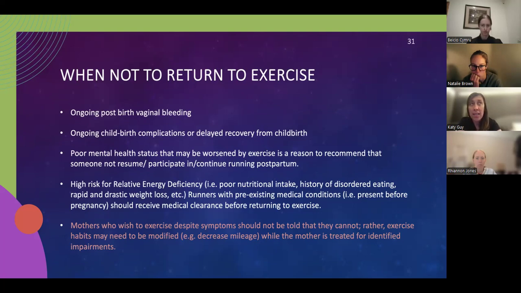Things like prolapse, urinary incontinence, the rectus diastasis, they're not complete contraindications to returning to exercise. You may just need to modify what you're doing, whether that's wearing a type of support or needing a pessary or modifying how long you're going for, then they're not complete contraindications. The only ones are the ones that are written on that screen. They're the ones you do not want to return to exercise at all with.